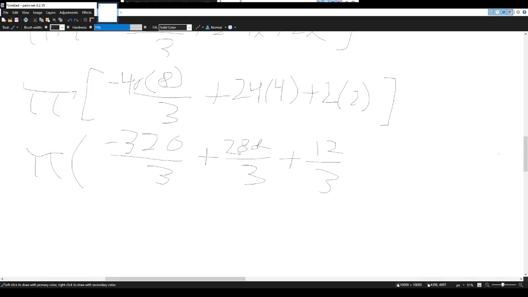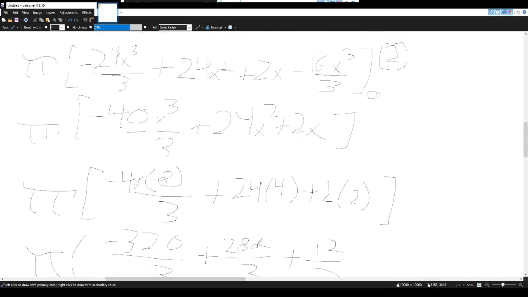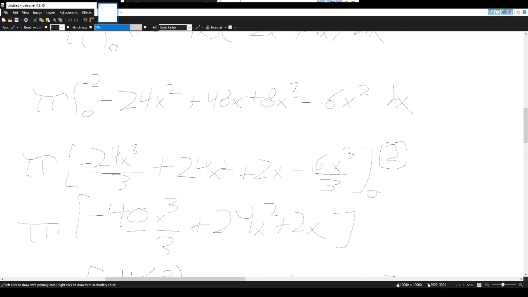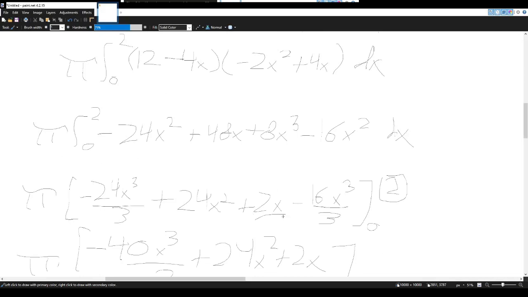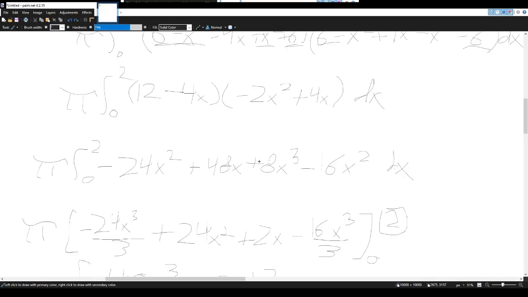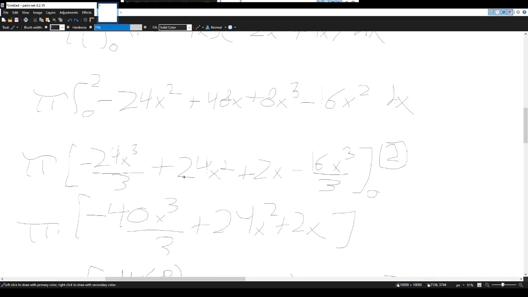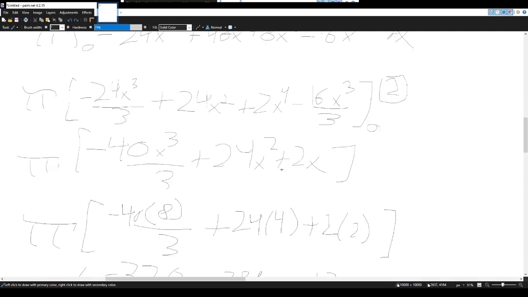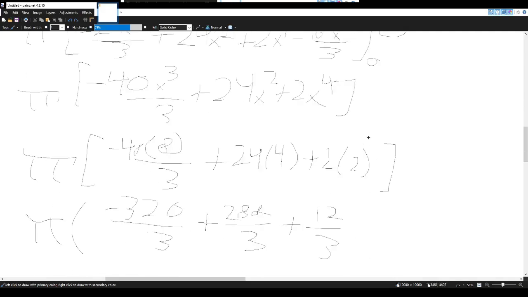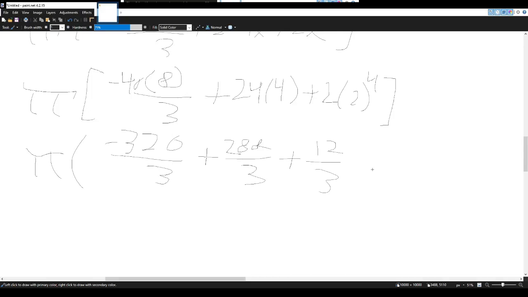Oh, I see. I think this is wrong. The 2x. Where'd that come from? Aha, it should have been 2x to the fourth. I see, because I did, yeah, okay. To the 4, to the 4. Okay, so now, instead of 12,